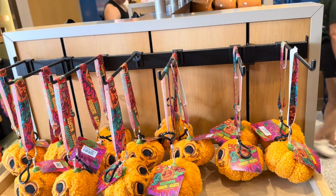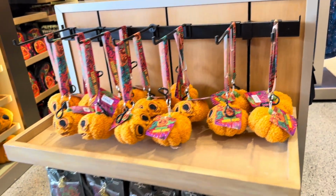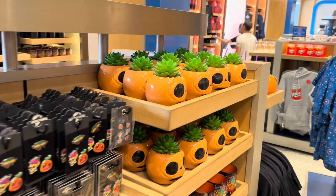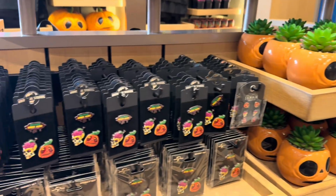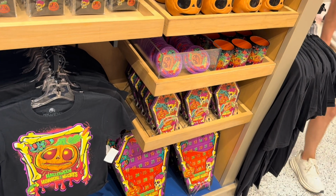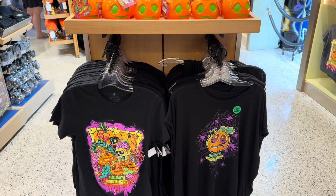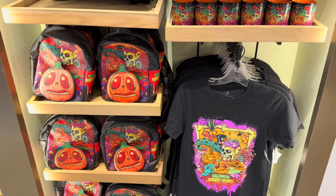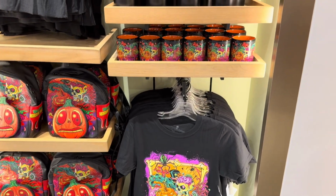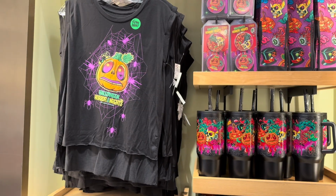There's also the Little Boo collection with Little Boo on a keychain, a Little Boo lanyard pouch, a Little Boo planter, some pins, magnets, a calendar counting down 31 days, a glow-in-the-dark Little Boo sipper, 2 Little Boo t-shirts, a Little Boo bag, and another Little Boo t-shirt, a Little Boo mug, a Little Boo tumbler, a Little Boo t-shirt